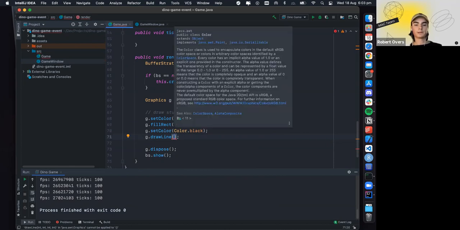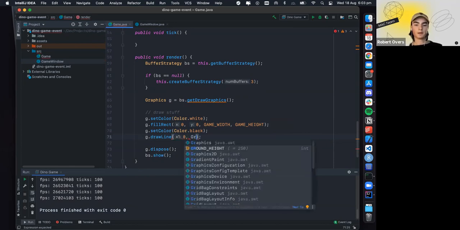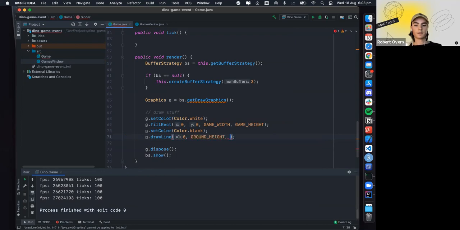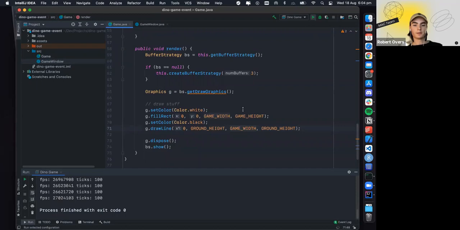So the line is going to start at 0, and then the height of the ground. And then it's going to go across by the game width and finish at the height of the ground as well. Cool. No, game width. This should be ground height. Yeah, ground height, ground height. Cool. So if we try that out now,